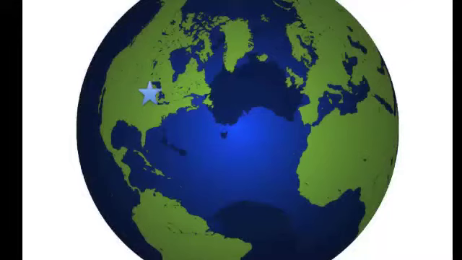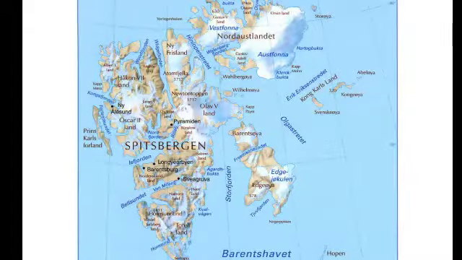Far away, at 79 degrees north latitude, almost to the North Pole, lies an Arctic archipelago called Svalbard. On its largest island, Spitsbergen, along the beautiful Kongsfjorden, is a science research station at Ny-Ålesund. Here at the Kings Bay Marine Laboratory, students from the United States are conducting oceanographic research into the water in